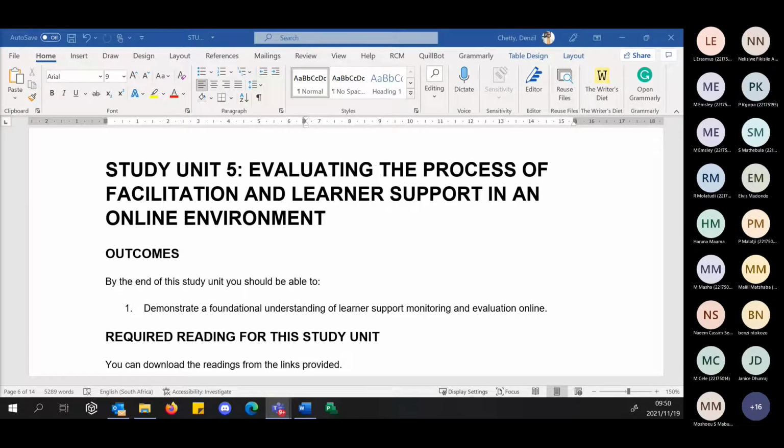Considering that UNISA is an open distance e-learning university, you would think that every single academic at the institution has digital competency because they should be communicating with their students virtually. They should be on a learning management system. They should be developing content. But I can tell you for a fact that 2020 and 2021 have been some of the scariest years for me in this institution.